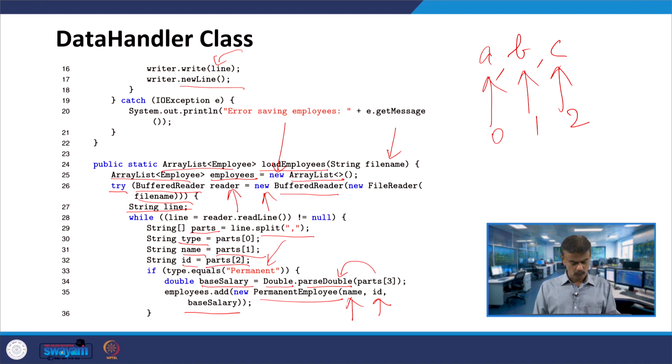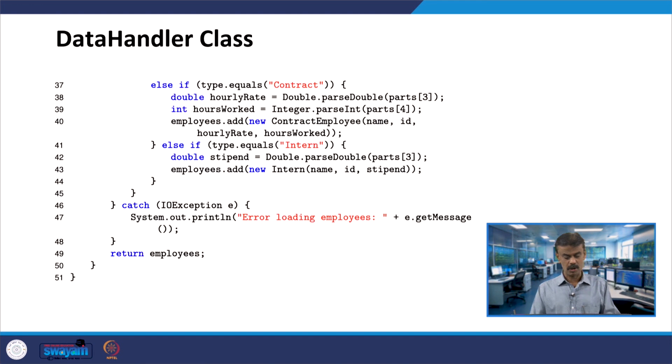We are doing this for data persistence. Now if the type equals, let us say, is not permanent, suppose it is contract, again we are doing similar steps. Parts of 3 will be converted into hourly rate; parts of 3 is a String, and parseDouble converts it to double, so hourly rate is now double.